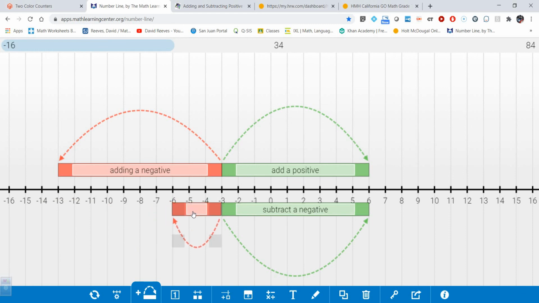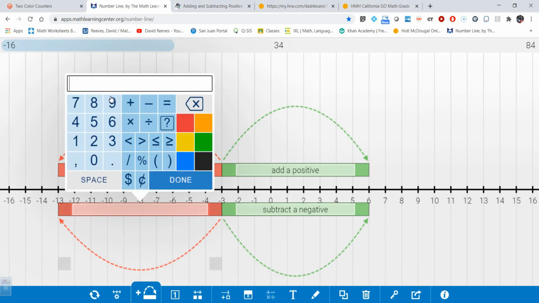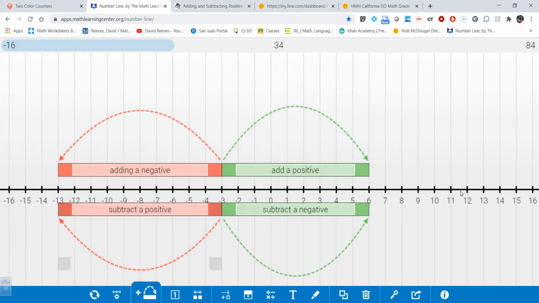How do I move to the left? There we go. How do I move to the left by subtraction? Well, this is the one you guys are used to. You are used to subtracting a positive, right? You guys are used to taking away, making things smaller. Okay? All right. So really with subtraction, the one that's new is this idea that by subtracting a negative,